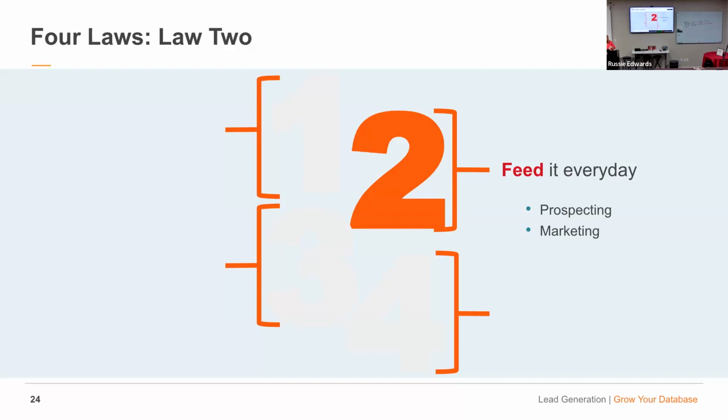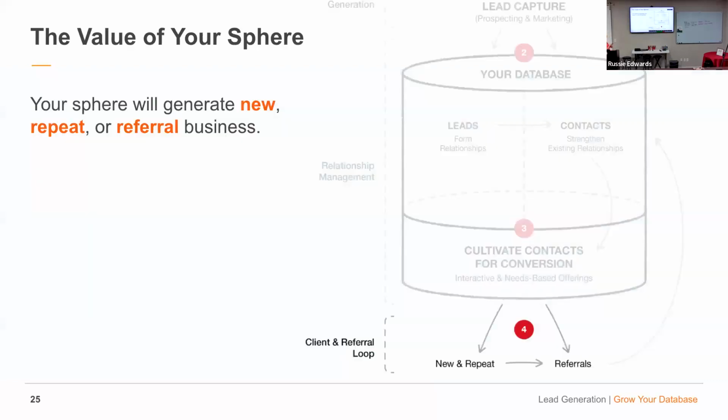So prospecting is us actively seeking leads and marketing is passively seeking. We have to build our database. We have to ask everyone we know who they might know that could benefit from your service. We've got our family, our friends, people in our association, people we have done business with. And we're going to come up with some ways to generate new, repeat or referral business. This is where we want to get: the repeat and referral business.